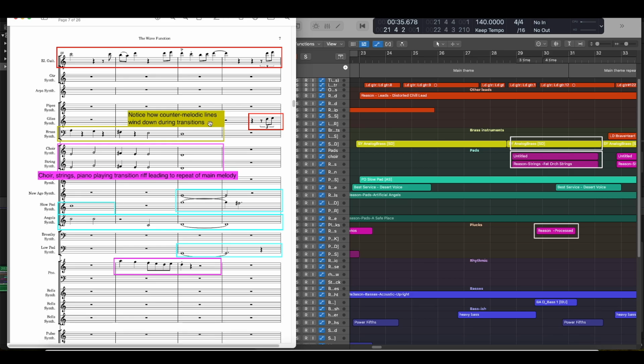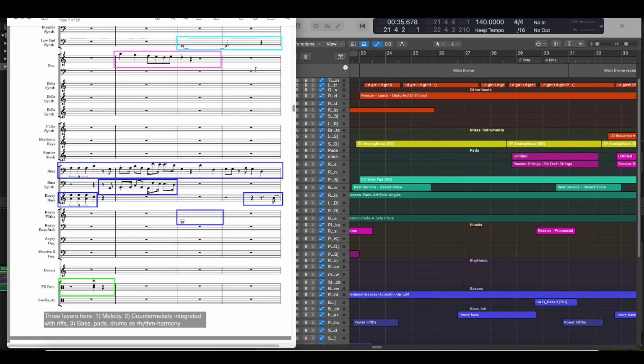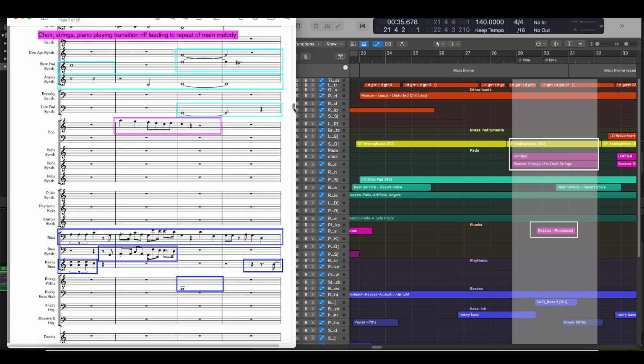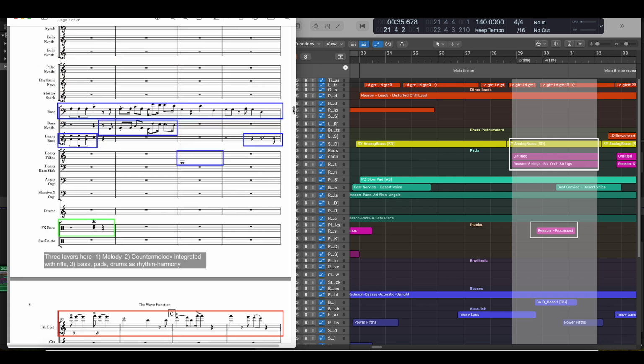And honestly, in terms of arranging, it probably would have been better to drop out this countermelody and just have this idea in the choir and the strings and the piano stand on their own. So during this part here, still 3 layers: melody, then this countermelody integrated well with those riffs, and then the rhythm harmony section of the bass, pads, drums. So that's what we're seeing here. Transition section,